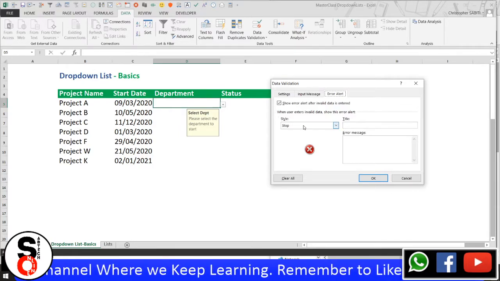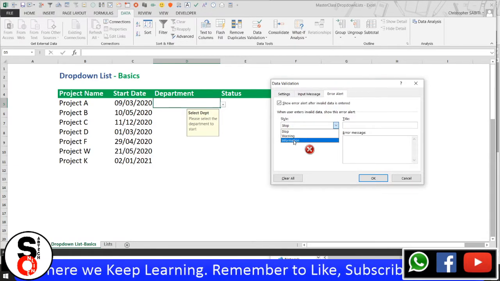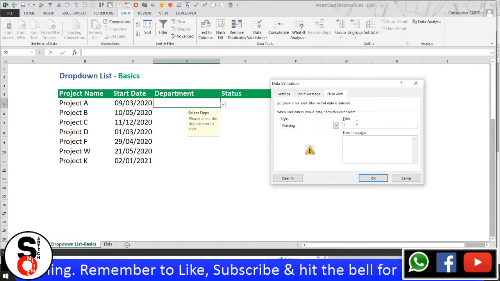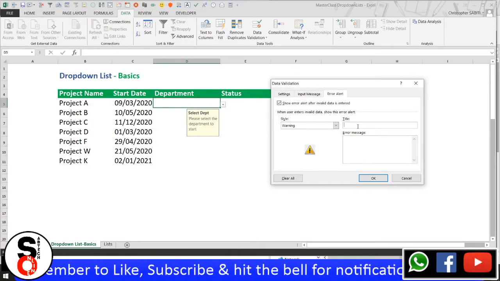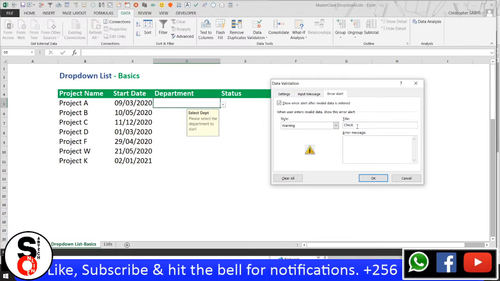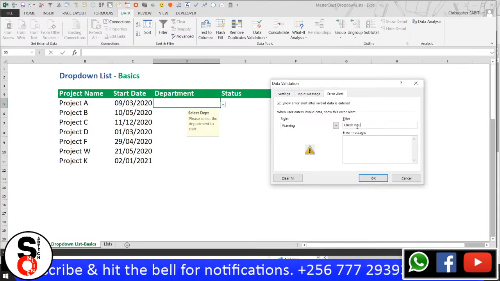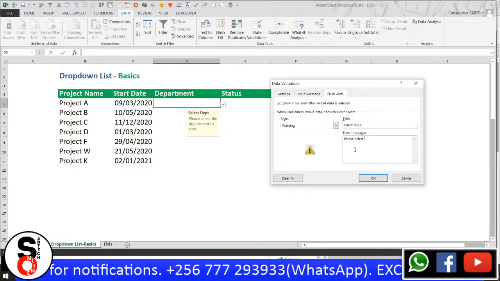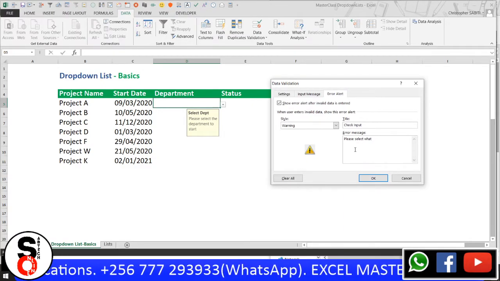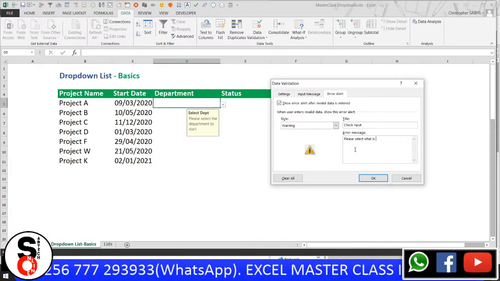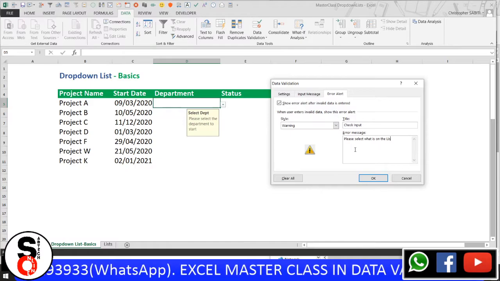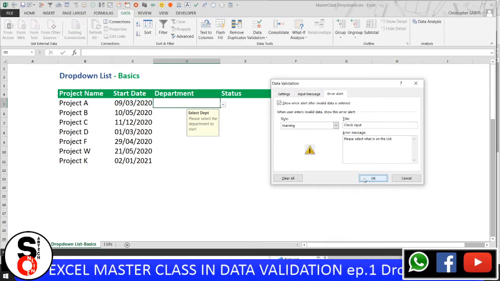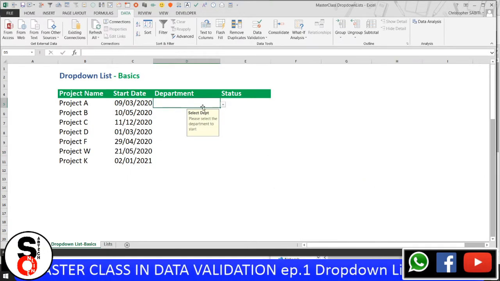In the error alerts, we have three styles of error. We have a warning, and what we have been looking at, the default one, is a stop. Now, going to a warning, this is a warning, which means that if I entered